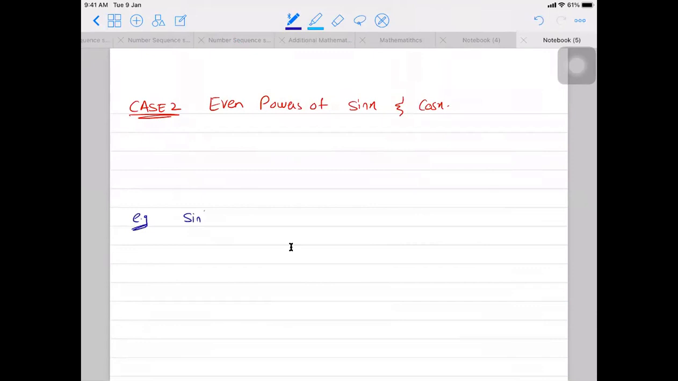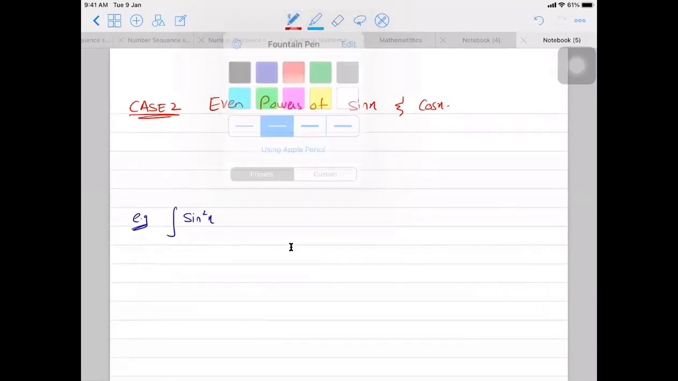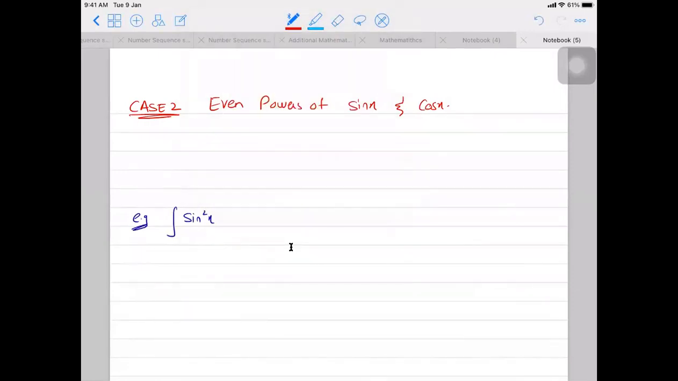the integration of sin square x. Okay, and let's say, yeah, first of all, let's do sin square x integration. So to integrate these kinds of functions, we are going to follow some rules. Whenever we have even powers of sin x and cos x, we are going to use the identities